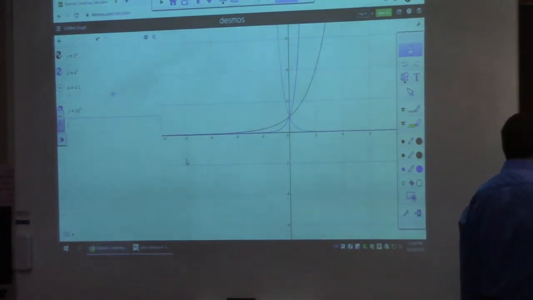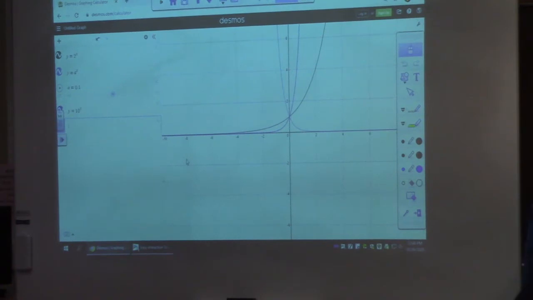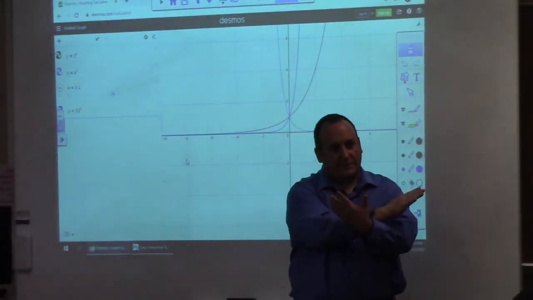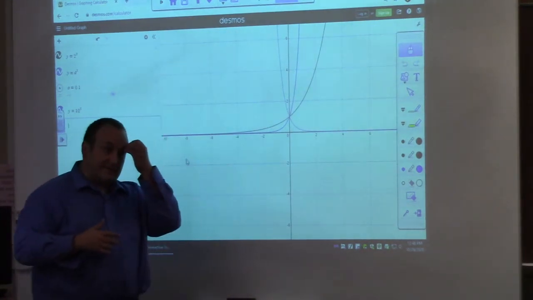If you think about the graph y equals 10 to the x, with x switched to minus x, we get y equals 10 to the minus x, right? And what is that? That is a reflection over the y-axis, right? If we swap the input for minus the input, then we reflect over the y-axis, and that's what we're seeing here